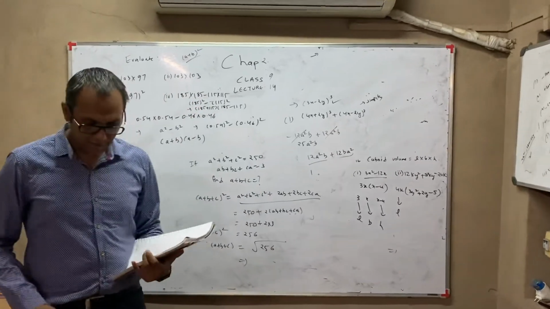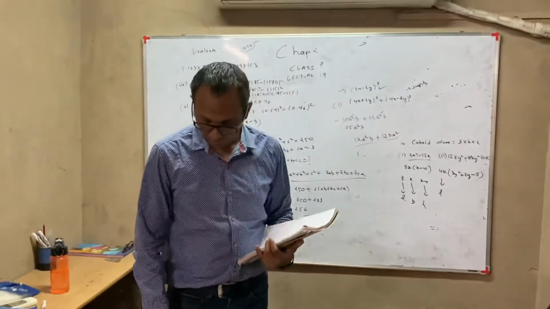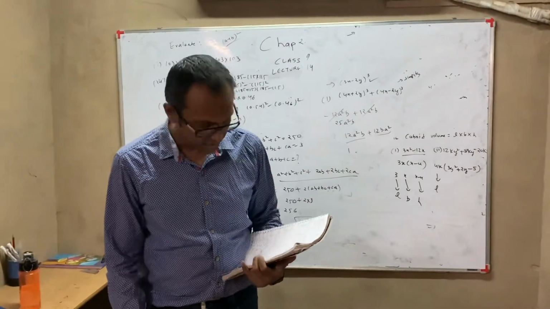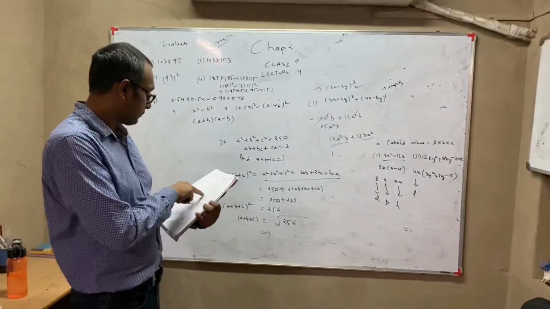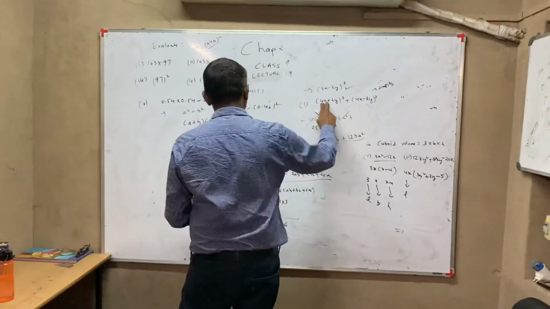So you have to finish exercise 2.5, 3 sums, question number 12, 15 and 16, and in this extra page you have to do only the sums we have discussed till now, which are still there.